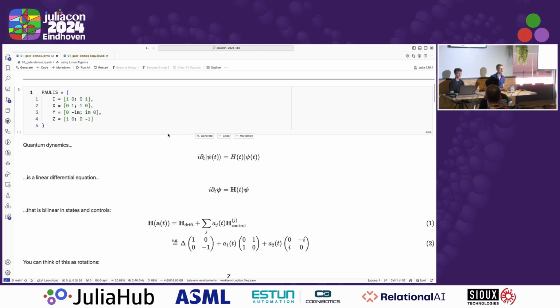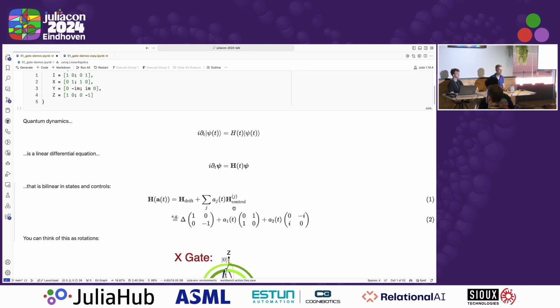Okay, so like Aaron described, what we're going to walk through here is just the core underlying, if you remember in the last talk, the qubit rotations. So what we have is quantum dynamics, which we're going to think of as a linear differential equation, or